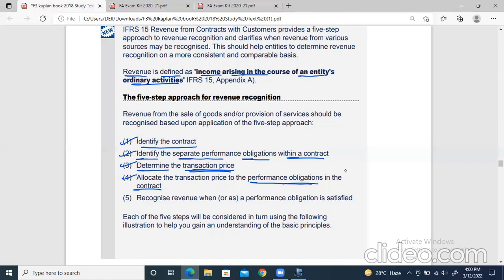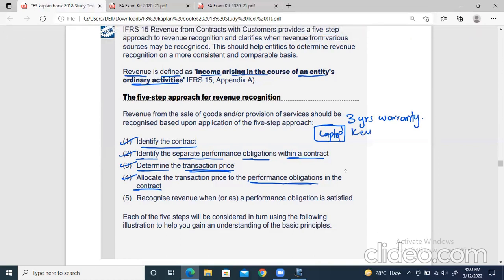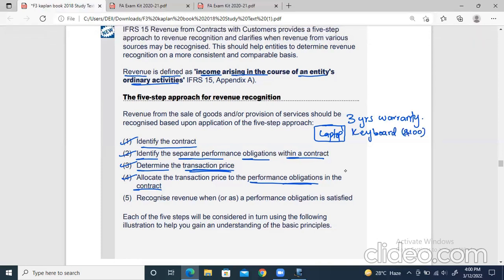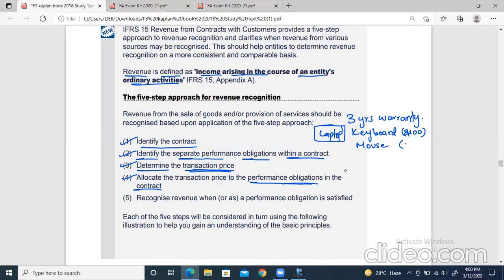Let me give you an example that is easier to understand. Let's say you are buying this laptop, right? And with this, the company says that if you buy this laptop, we will give you a 3 years warranty. So any issue which occurs in 3 years, we will fix it for free. And let's say the company is also giving you an expensive keyboard, which normally costs, let's say, $100, and now it's giving it to you for free because it's part of the promotion. Let's say it's giving you a mouse as well, which normally costs $20, but now it's free.